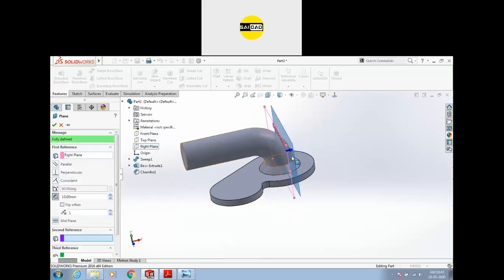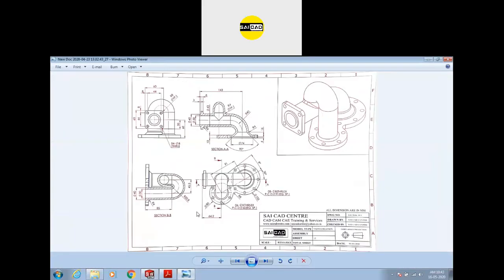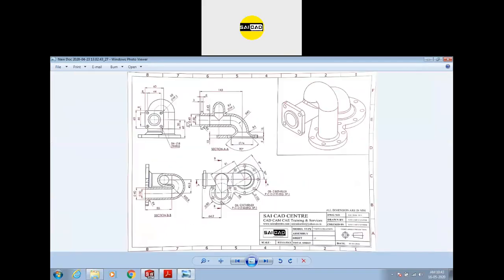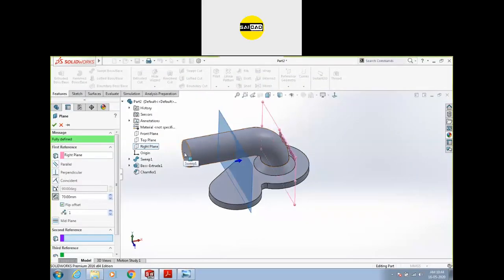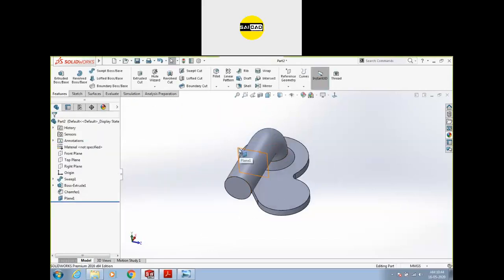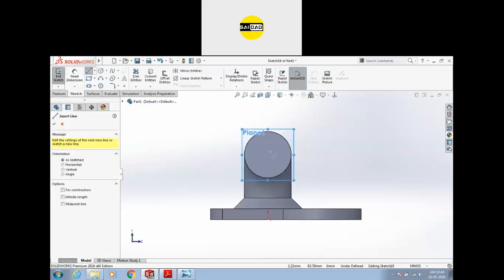Okay, so after that we have the option here of distance. We can specify the distance by flipping the offset. Now we have to specify the value. So you can see here we have directly this value 64.2 from this point. We can calculate by subtracting from 143, but if you want to define from this point, you can just select that face, define the value 64.2, okay, and click OK. So there is a plane. Now I can select and create a sketch on that plane. Now if you see, if I click a line,